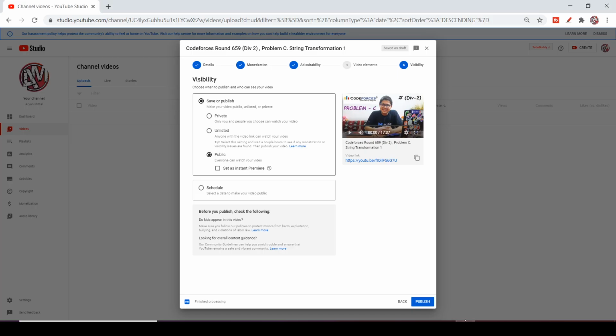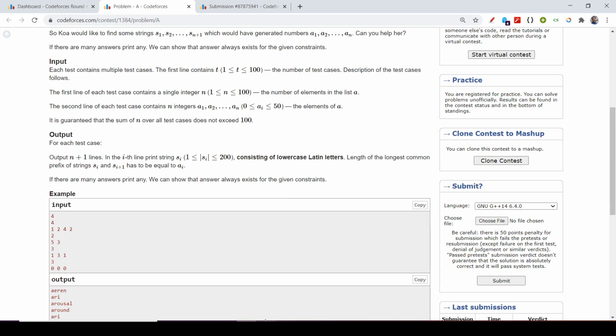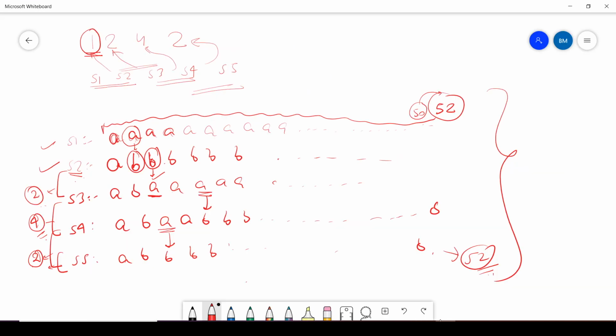So let's first see the problem, it is problem A which you guys wanted. As I had this, what I will do is first make my S1, and with the help of S1 I will make my S2 by using the help of a1, and so on and so forth, I will go up to my S of 5.